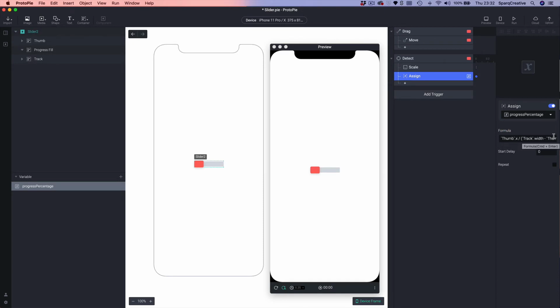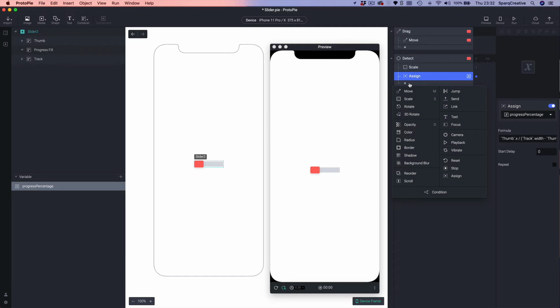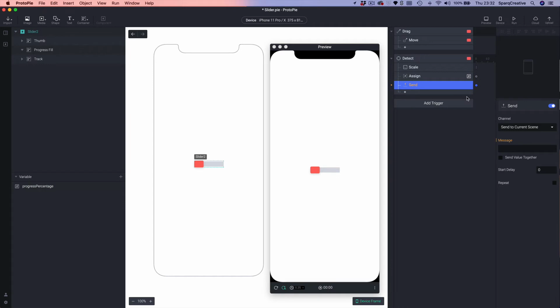Okay. Next, we're going to add a response called send. So within components, the way we communicate from inside of components to outside of components is by using messages. And there's two kinds of messages. There's a send message and a receive message. The receive is a trigger and the send is a response. So we want to report out of our component into our scene basically the answer of the percentage value. So that's why we're using send. And we're going to send it to parent,